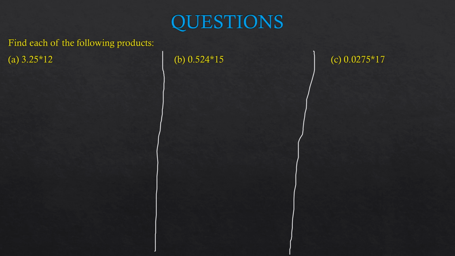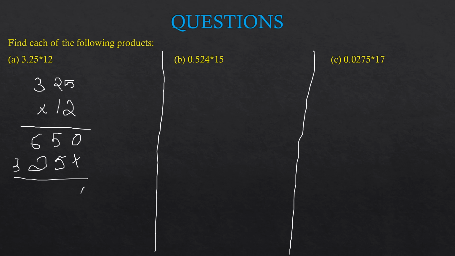So in the first question we are having 3.25 multiplied by 12. According to the first step, we have to multiply both the numbers, the decimal number and the whole number, without using the decimal point. So we will multiply as we simply multiply whole numbers. 5 2s are 10, carry 1, 2 2s are 4, plus 1 is 5, 3 2s are 6. Then we are having 5 1s are 5, 2 1s are 2 and 3 1s are 3.